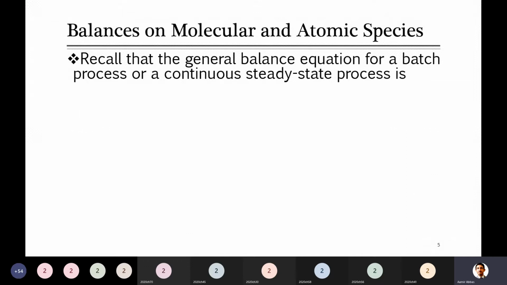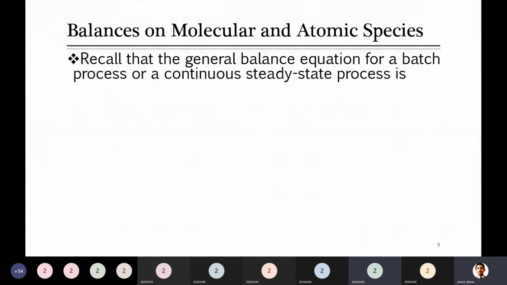Can you recall the general balance equation which we already studied? For example, it is being used for steady state processes, either continuous or batch. So what will be the shape of the equation? Input is equal to output. First of all, tell me for a steady state process, what does it mean when we say steady state? We discussed this somewhere earlier. No consumption, no generation. No, zero accumulation. Zero accumulation. Input equal to output.